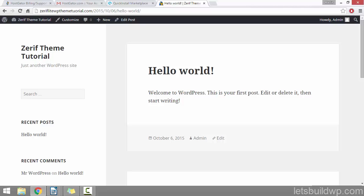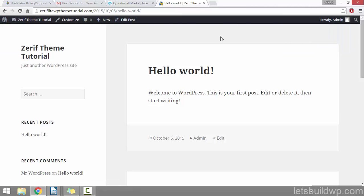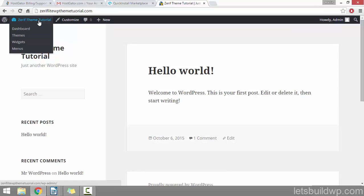But before we do that, I just want to mention, see this grey bar running along the top? This is only visible to you when you're logged in. Your visitors won't see this grey bar along the top. So to change our WordPress theme, we just need to click our website title in the grey bar running along the top. If we click on our website title at the top, it brings us between viewing our website and